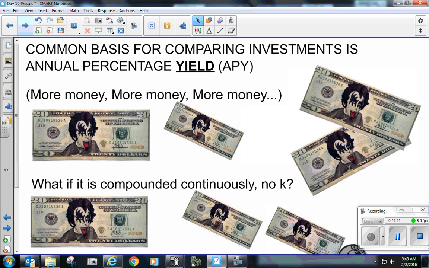It takes that extra money and figures out that percentage increase. So yeah, I want to know where I'm going to get the biggest percentage increase on my money, and that's where my money's going. All right? Now,